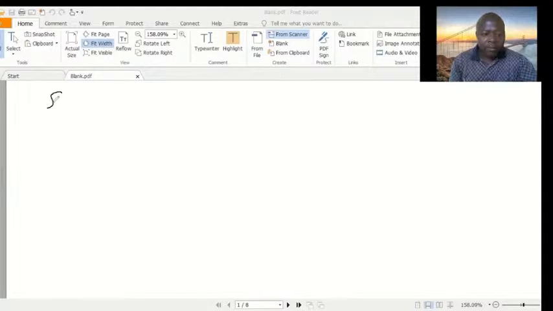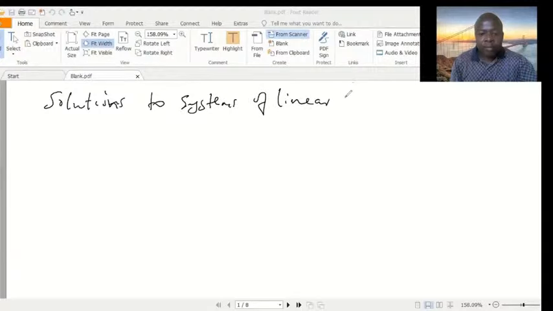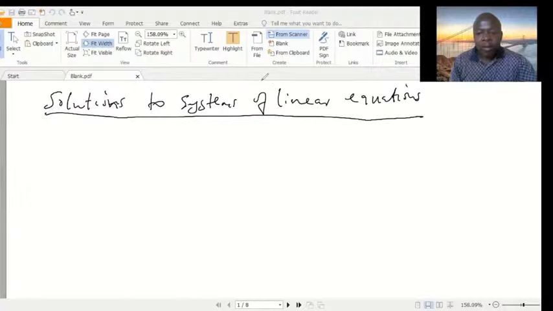Now, let's look at solutions to systems of linear equations. This is what we call simultaneous equations. So I want to see how to solve simultaneous equations, and I want to use the matrix method, but later on I'll show you other ways of solving this kind of questions. So use the matrix method